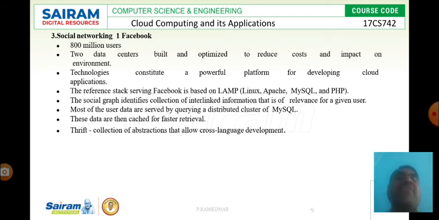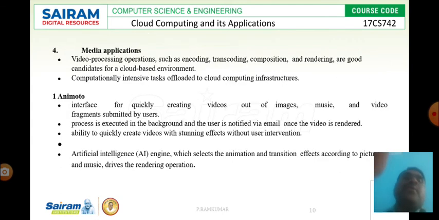The social graph identifies a collection of interlinked information that is of relevance for a given user. Most of the user data are served by querying a distributed cluster of MySQL. These data are then cached for faster retrieval, because repeated instructions or repeatedly accessed services will be available in the cache, which is mainly used for faster access.